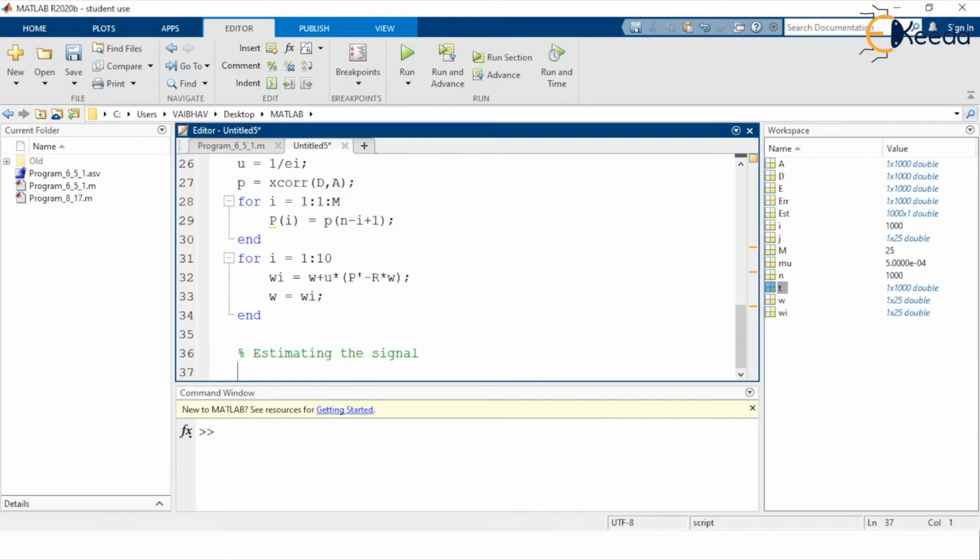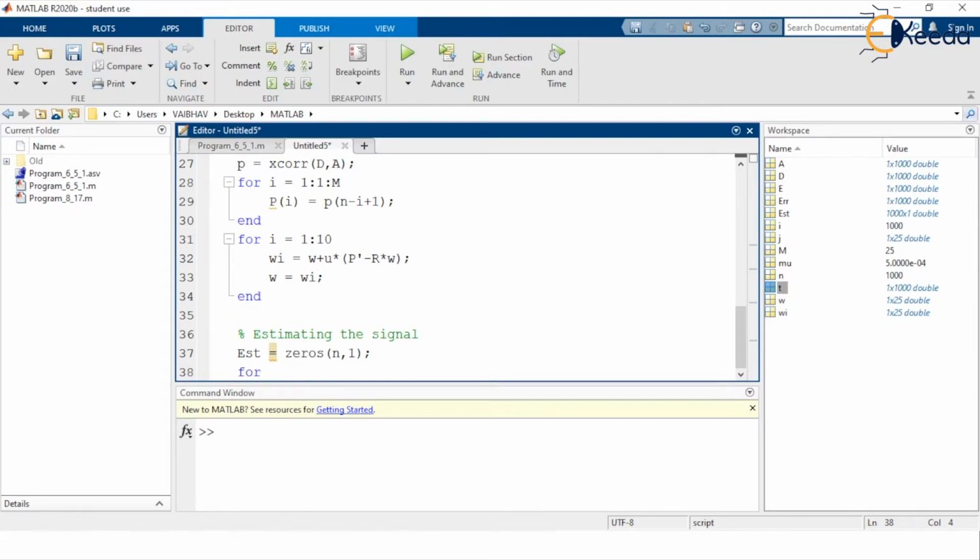So initially we are having EST as a variable to hold the information. Initially all the element values are equal to zeros of the dimension n comma 1 here.